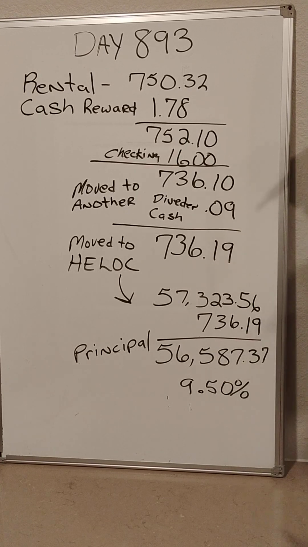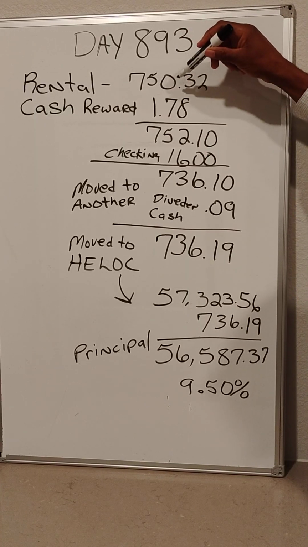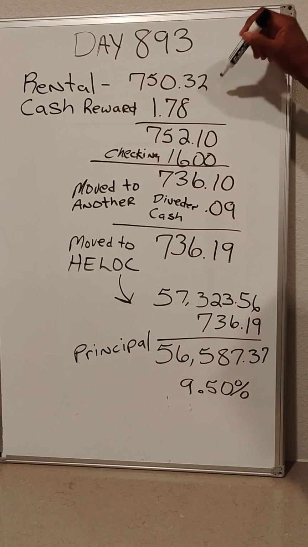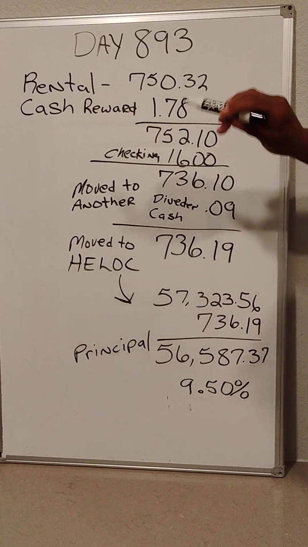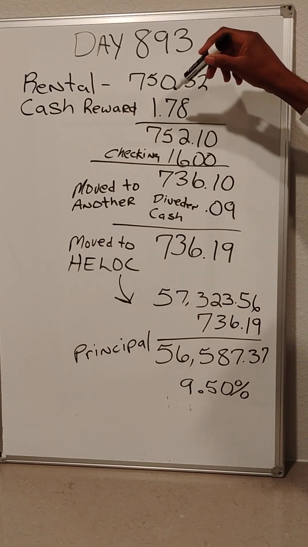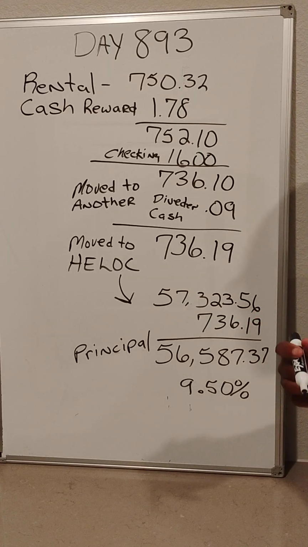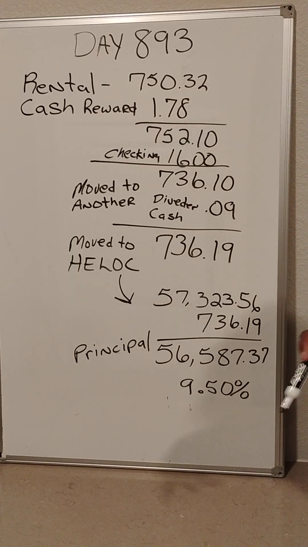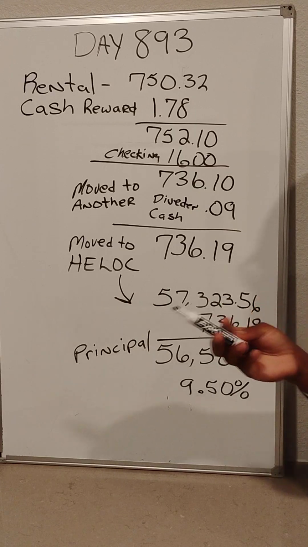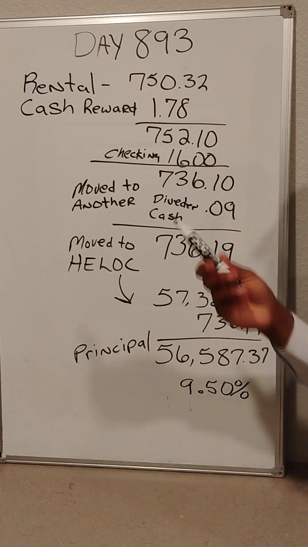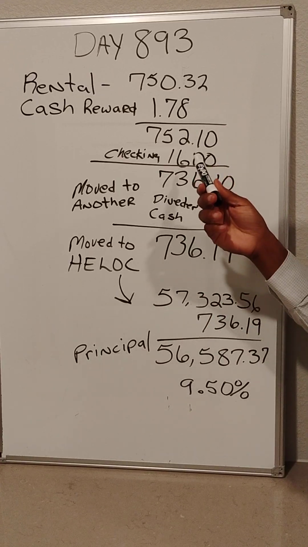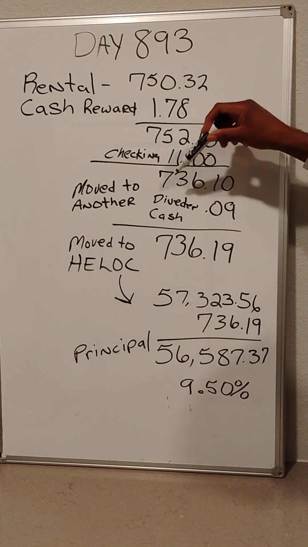So today I brought in $750.32 from rental income. I had to do some repairs on the property, so this is what came back to me. I also had $1.78 in cash rewards from one of the credit card statements that closed today. That gave me $752.10. Now the checking account that I'm using to deposit rental income and business income is costing me $16 a month. So I also subtracted $16 a month from that. So that gave me